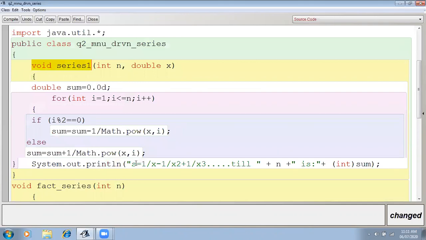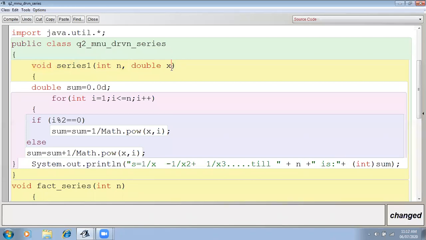As the series is s equals, I have to display the sum of 1 divided by x, then minus 1 divided by x square, then plus 1 divided by x cube till the n terms. So here I have to accept two values from the user, n and x. n I will take as an integer, as till n I will execute the loop.